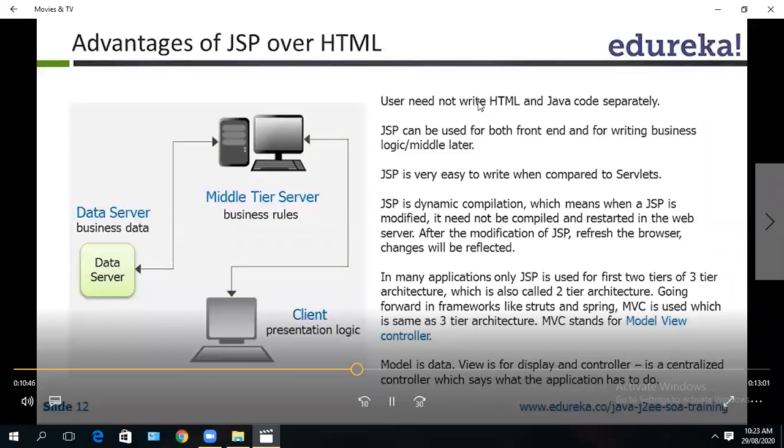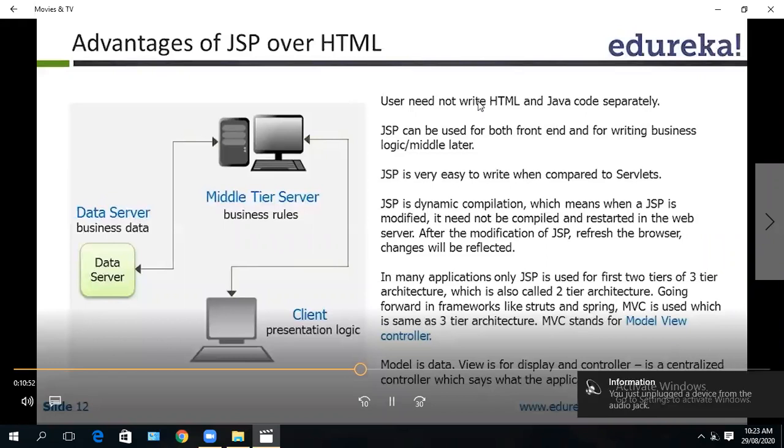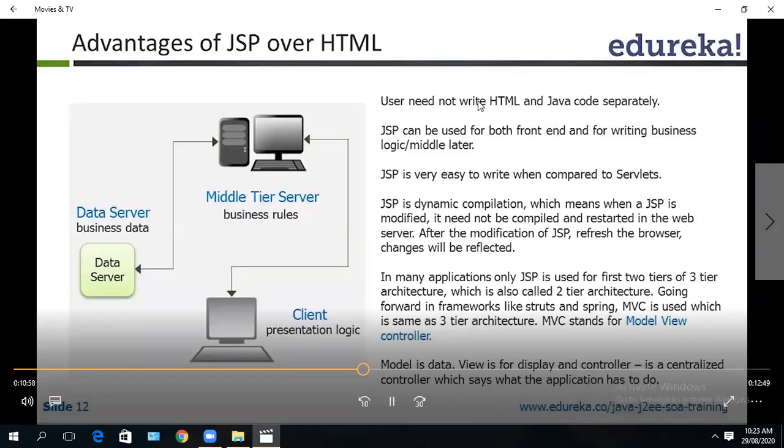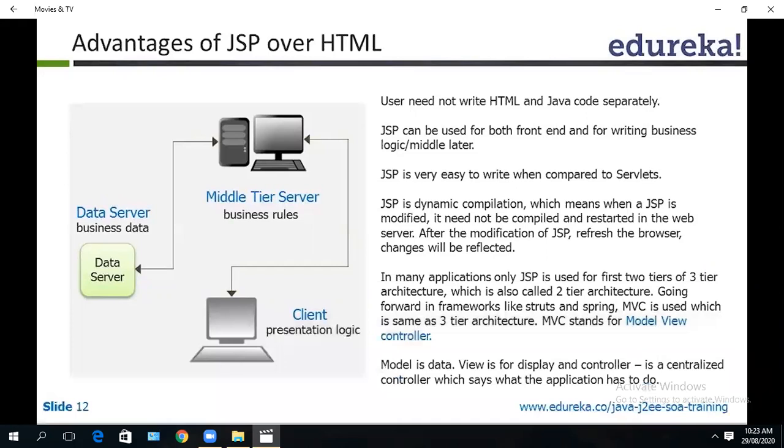Okay, then we have something called model view controller. The model is for the data, right? It could be the business logic data, it could be the data stored at the backend. So your business logic and the data can be part of the model. The view is what is displayed to the user. And the controller is that you will have a centralized control. Now if you look at the model view controller architecture in our servlets, can you tell me which is the controller in our architecture?